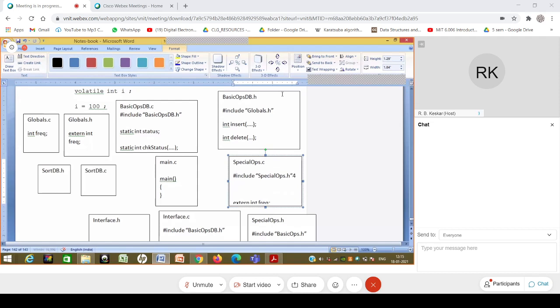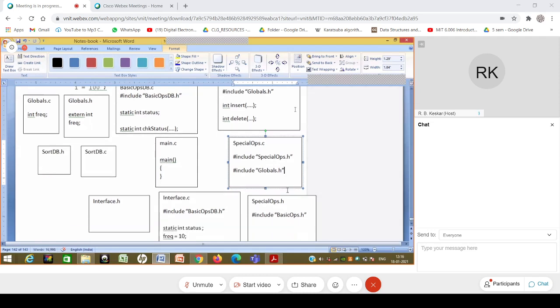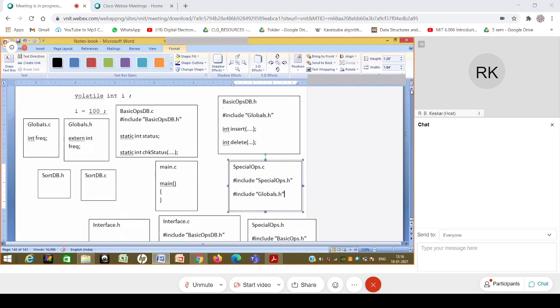So the first thing they are going to do is say that, okay, special ops.h is included, but I know that I require globals.h more prominently. So let me include this also. This is because with nested inclusion, I can have a level of 4 or 5 levels also. So no one wants to go through each and every included file, and it's not as if only one file gets included. There are so many files that get included. No one wants to go through all the files and check whether this particular .h file is included or not.